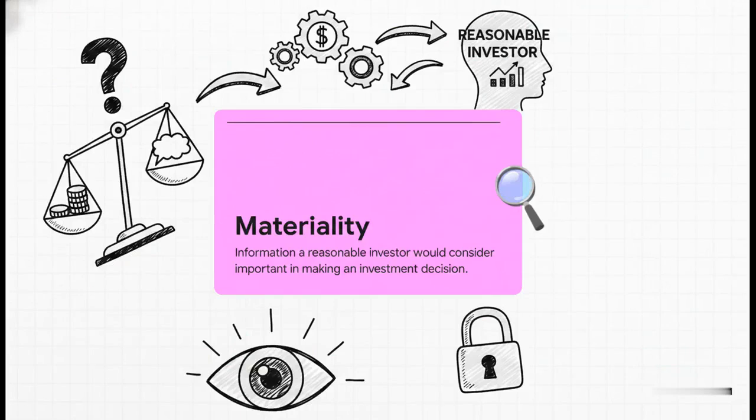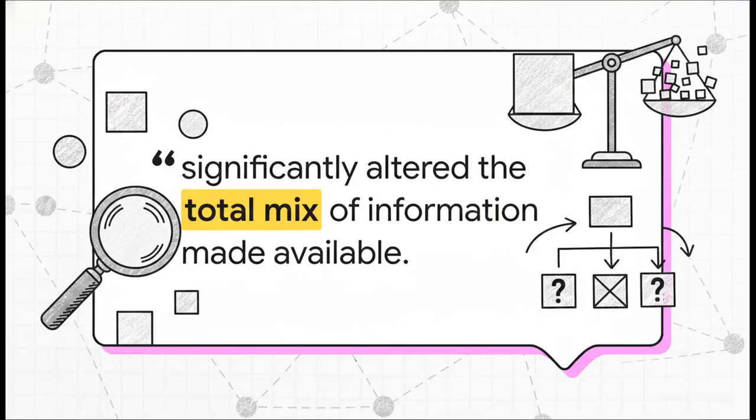But here's the million-dollar question. What actually makes a piece of information material enough to cross that legal line? It's not just some strict math formula or a simple percentage rule. It all comes down to this legal concept of the reasonable investor. Back in the landmark Supreme Court case Basic Inc. versus Levinson, the courts established that materiality isn't just about hard numbers. It's an objective test. Does this info significantly alter the total mix of information for a reasonable investor? Courts weigh the probability of an event happening against its potential significance, meaning even a seemingly tiny detail is legally material if it completely flips how a rational person views a company's future.